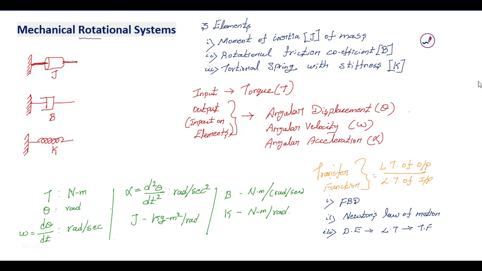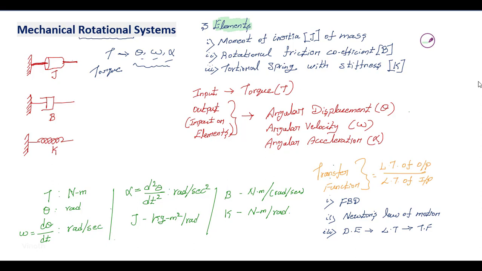We are going to define the mathematical model of a mechanical system in terms of rotation. When a torque is applied to a mechanical rotational system, what is the impact? The output can be the angular displacement, or angular velocity, or angular acceleration: theta, omega and alpha. And this is torque. So these effects, like angular displacement, velocity or acceleration,